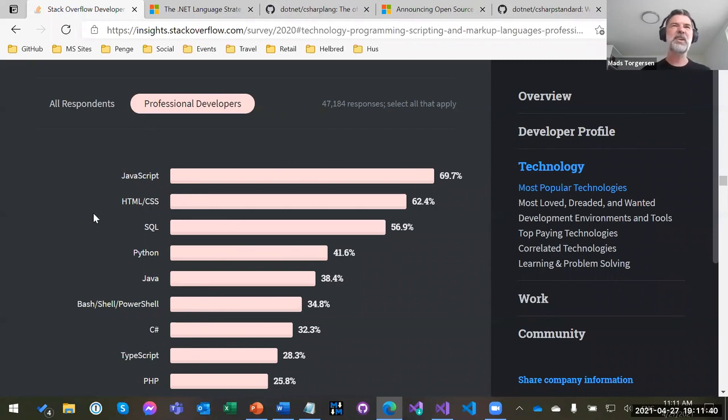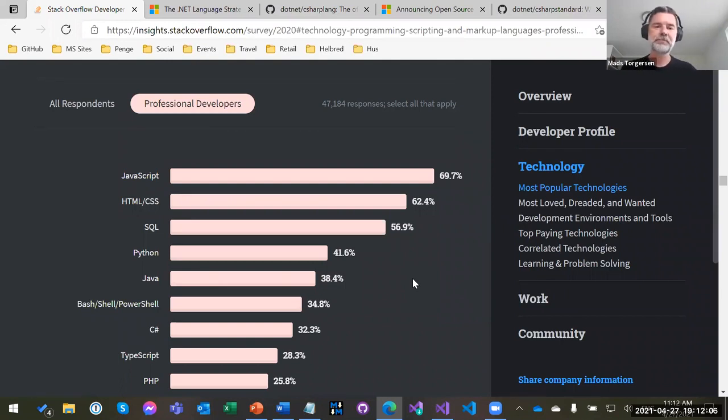You take out the ones that aren't really programming languages like HTML, SQL, all the different shell languages, for some reason batched together here, and C# is the number 4 most used language in the world. I think up from number 5 last year, but more due to others moving down than us moving up. We were fairly stable around a little less than a third of all developers using C#.